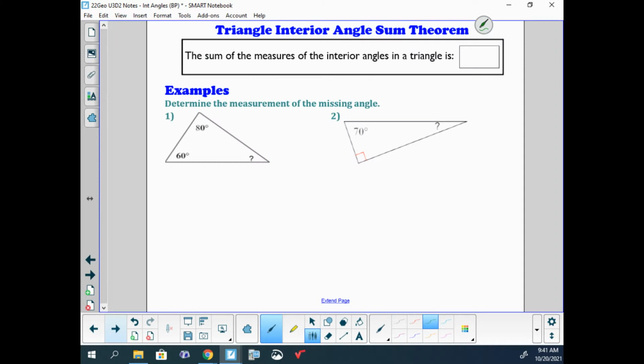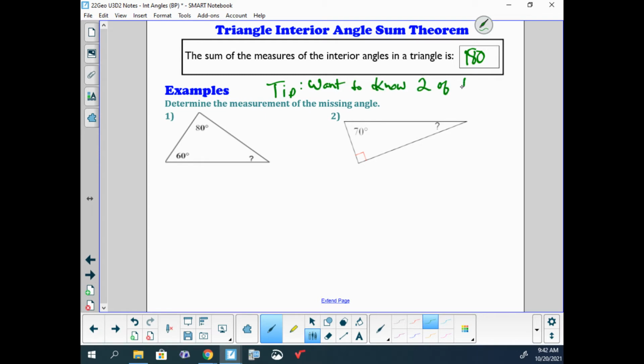So, on to today's new content. The triangle interior angle sum theorem says that the sum of the measures of the interior angles of a triangle is 180 degrees. Okay. So these two problems, number 1 and number 2 on the screen, are actually some of our more straightforward 2.0 problems. We want to be able to do more than this though. But here's a tip that I'm going to reference throughout this video. You always want to know